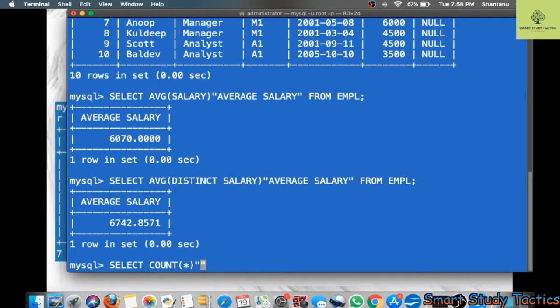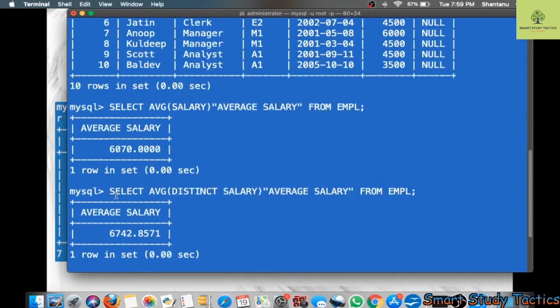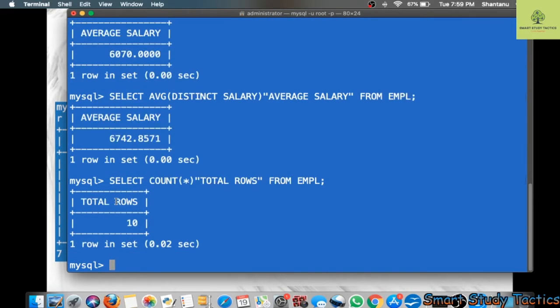And that column output should be, as you can see, average salary is here. So you are getting the average salary. If I put something in inverted quotes, you will get it as the output. So here I am going to write total rows, total tuples, total rows. You can write anything else, like the table name. Now press enter. 10 values. Here you can see 1 to 10 tuples are here. This thing is clear to you.